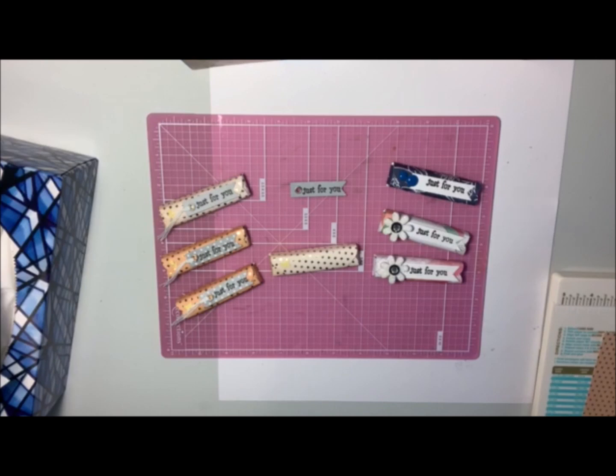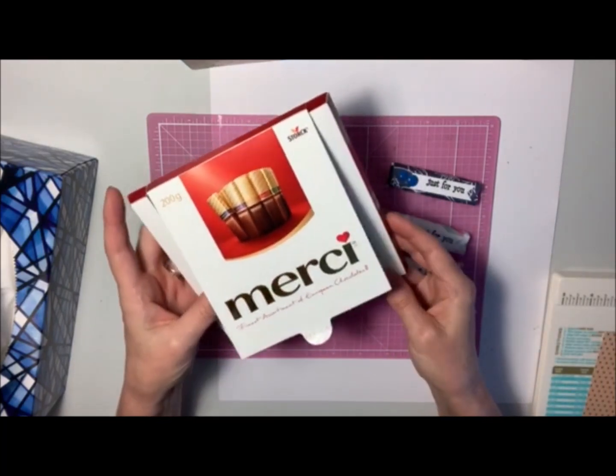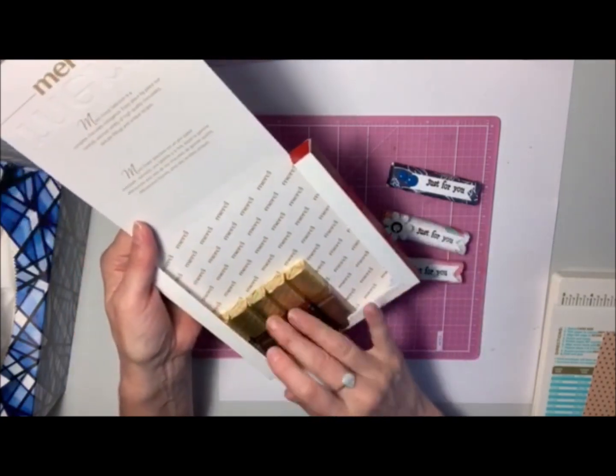Today I have a little project I wanted to share with you. It's not my original design or anything. I saw this on Julie DiMattio's YouTube. She goes by Paper Pixie, and it was just a really cute little chocolate treat that you could make and package up with the scrapbook paper. And they're using these Merci European chocolates, and you get, I think, 16 in the package, and I've used several